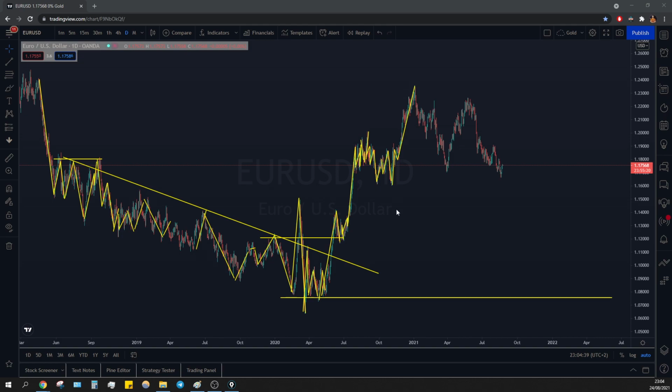So with the vaccine rollout, no need of the safe haven. We can risk it. We have a retest and sort of this positive area, and then we are just ranging, reacting at these previous lows, reacting at these previous highs, and that's why I told you, yes, we have to see.